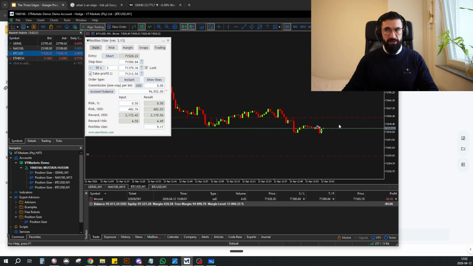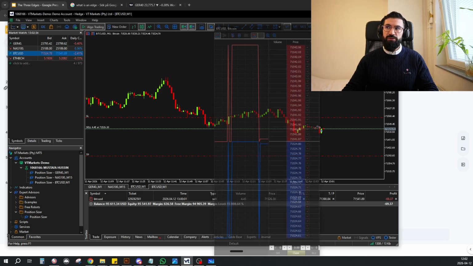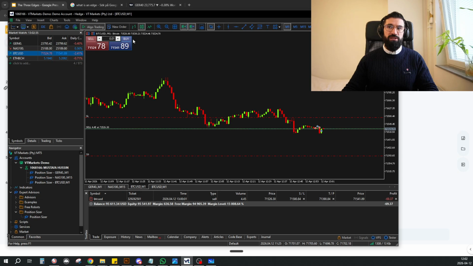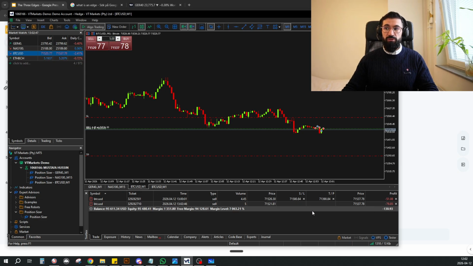You apply risk, and it creates the volume of how much you should be risking. Because if you're not using the position size calculator, you can basically use the sell and buy button right here, but you need to readjust your position size, your volume of your trade. Should I take 10? Should I take 5 and sell right here? What should I do? How much is it? You don't know, basically. And then after you do that, you have to readjust your stop loss area and your